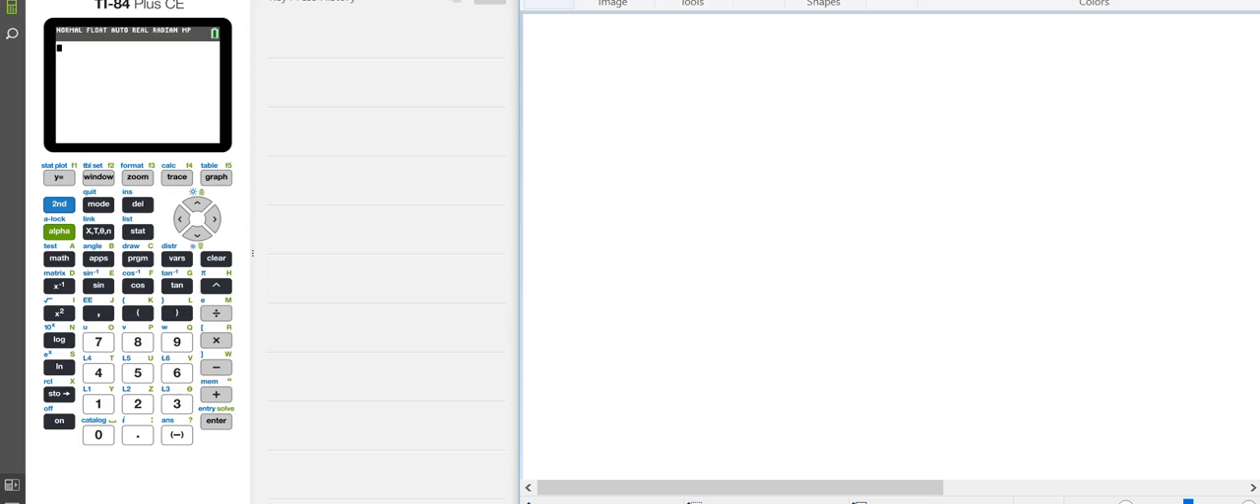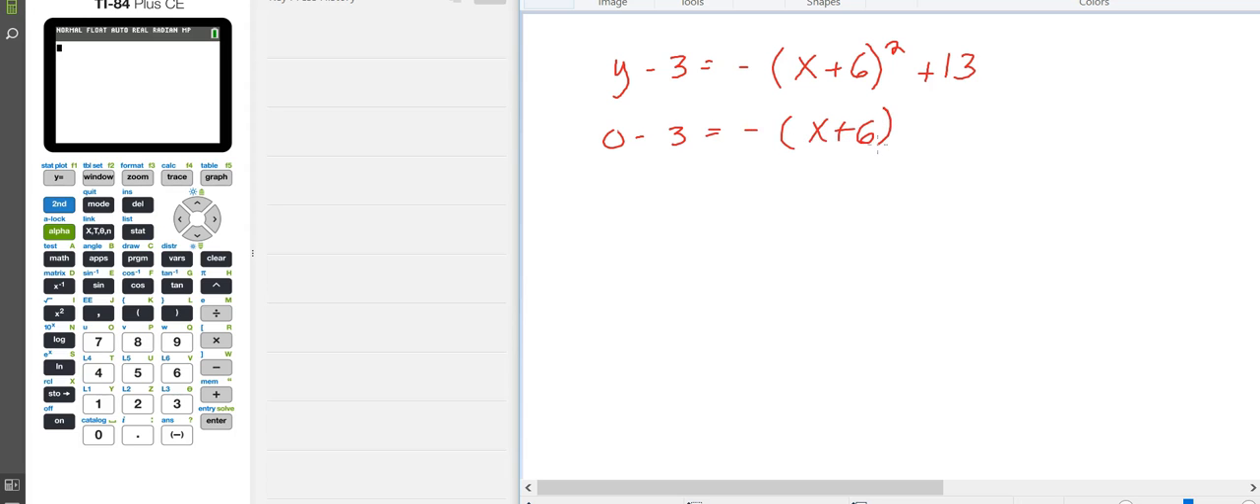Let's look at another example. y minus 3 is equal to negative (x plus 6) squared plus 13. Since our equation is in vertex form, we can rearrange it for x and solve for the x-intercepts of this equation. We do that by setting y equal to 0, so 0 minus 3 is equal to negative (x plus 6) squared plus 13. The 0 falls out, so we're left with negative 3 is equal to negative (x plus